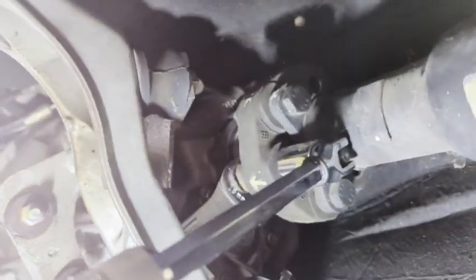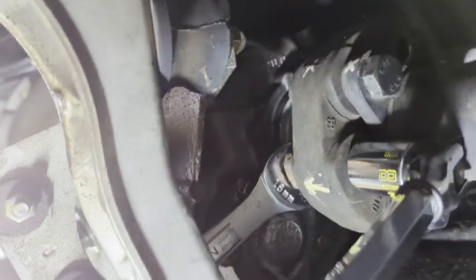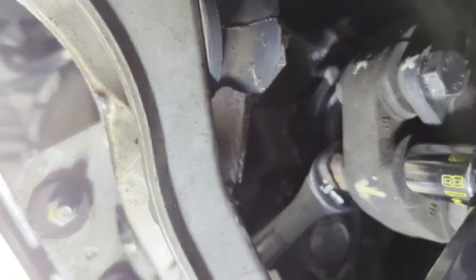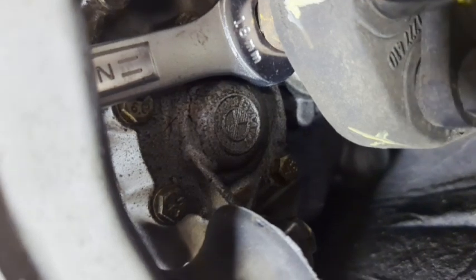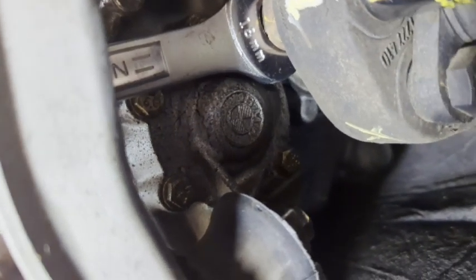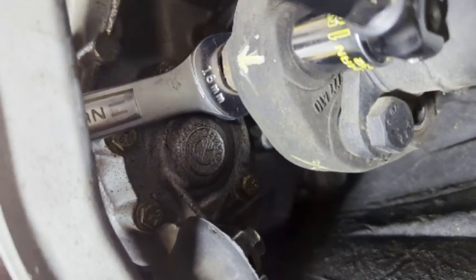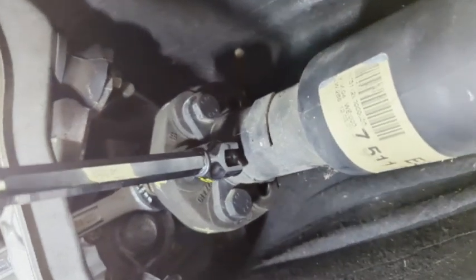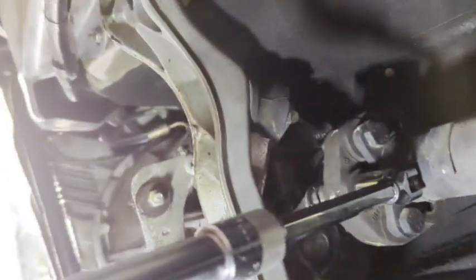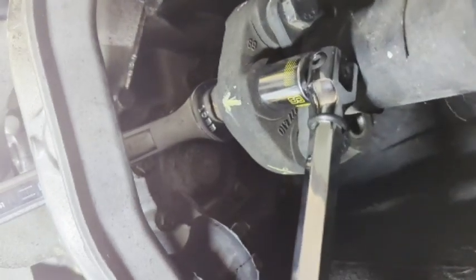Okay, here's a little trick that I discovered that works for me. When you have the crescent wrench on the nut in the back, there's a part of the transmission here that kind of sticks out, and I'm able to tighten up the wrench up against that so that way it doesn't move. That way I can put all of my effort on my breaker bar on the bolt itself, and then when I pull on it, I can loosen it because the crescent wrench is pressing up against the transmission